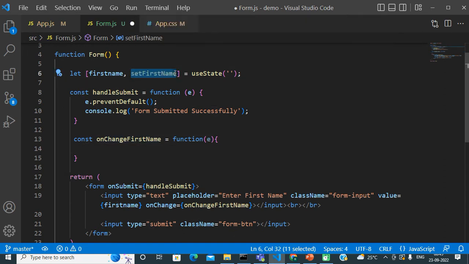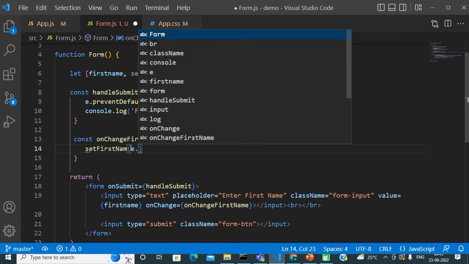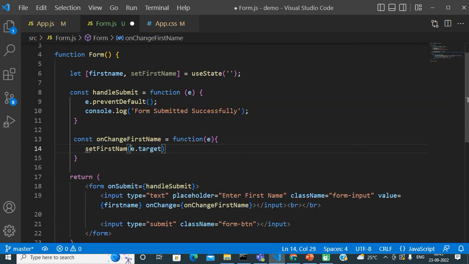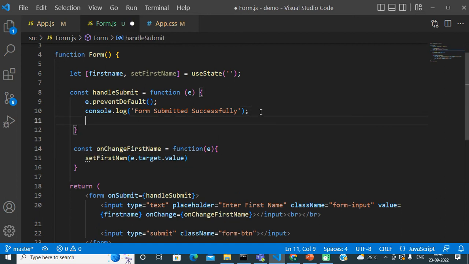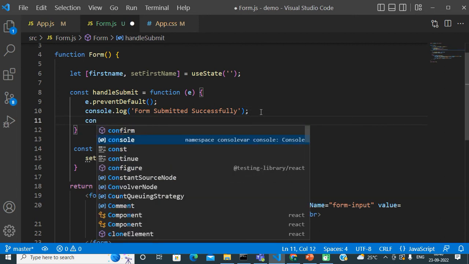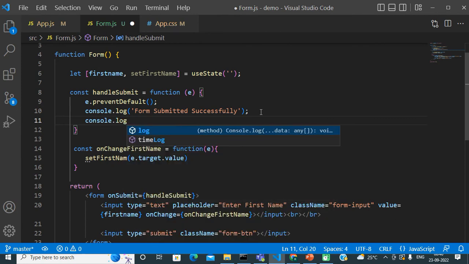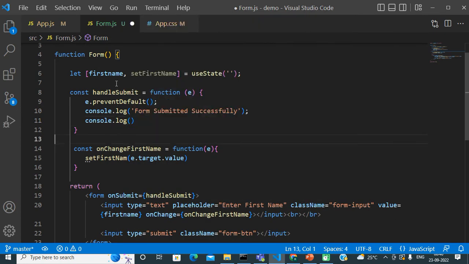So see, I am copying this component state update function, and I will pass a new value which I can take with normal JavaScript, event.target.value. So in a simpler way, I have just captured the value of the input field and I am updating the component state. And here, after clicking on the submit button, I want my form data in this event handler function. So here I will just display my component state.